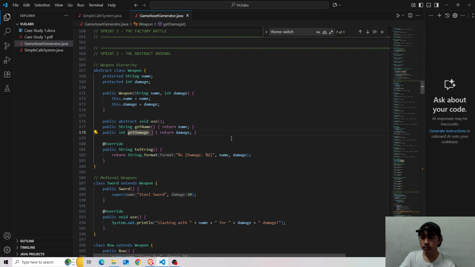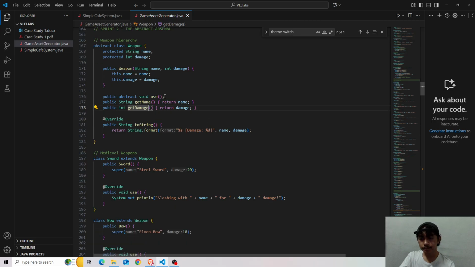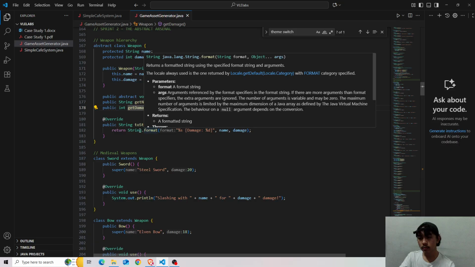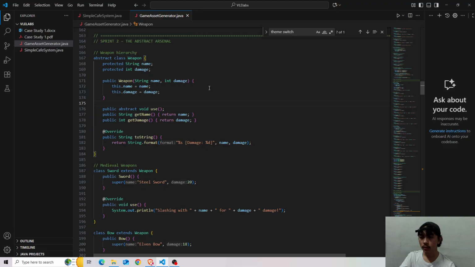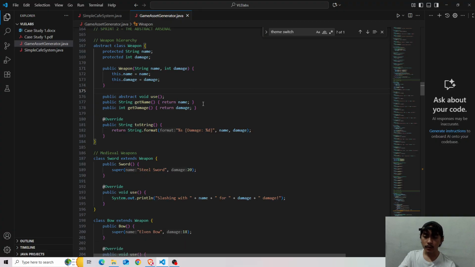So we'll be having the use method only, and then we'll be getting the name and the damage of each weapon, right?